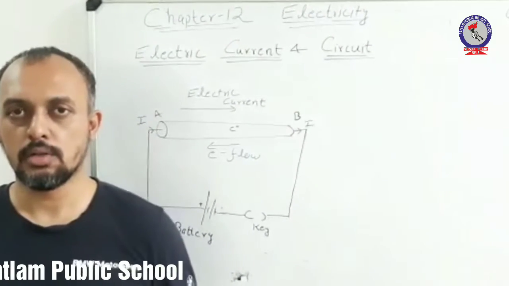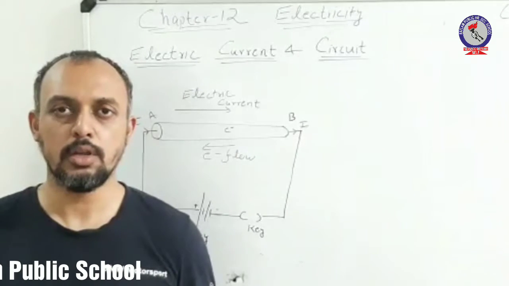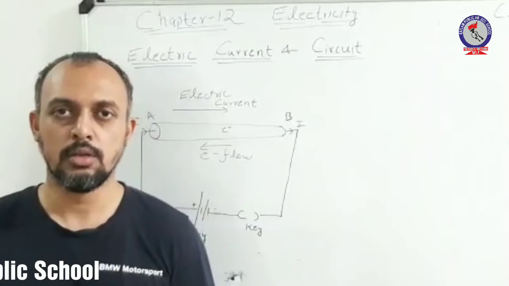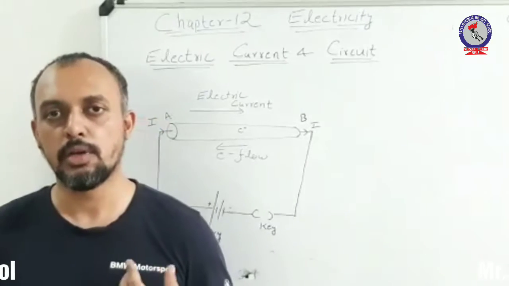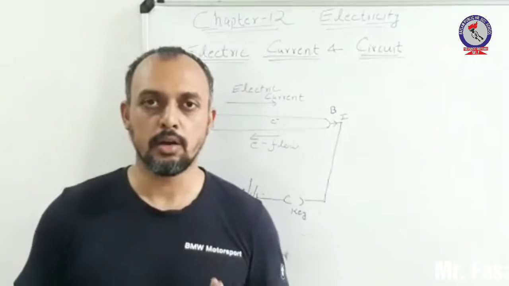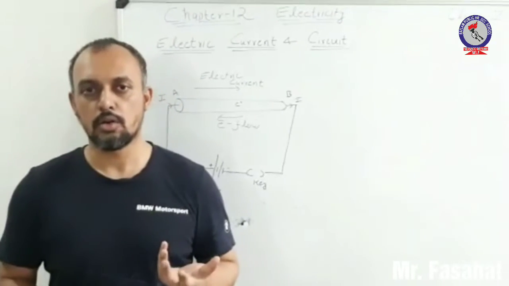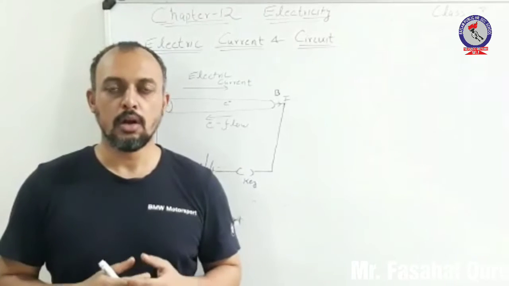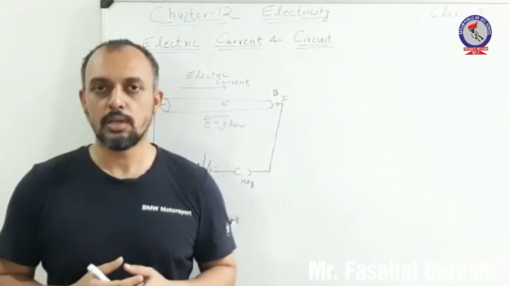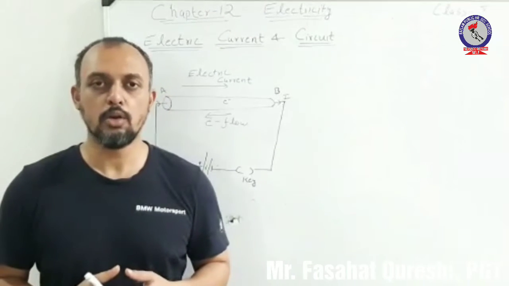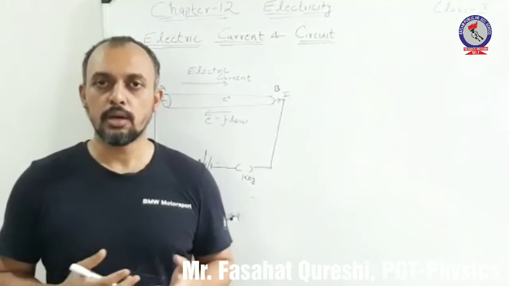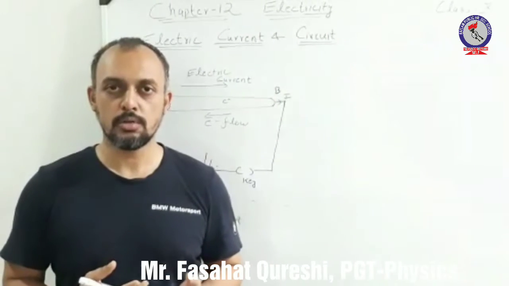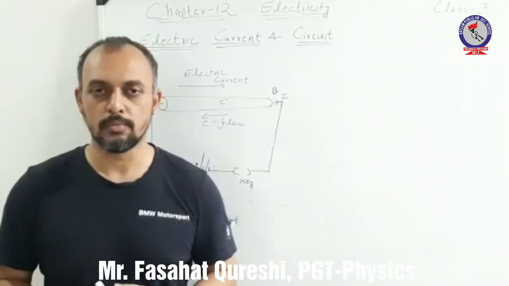You can observe a circuit is simply a combination of different circuit elements. Different circuit elements can be of different types. It can be a battery, it can be an electric bulb, it can be an electric torch, XYZ. Now, you should remember one thing, that a circuit only operates if a circuit is closed. Now, what is meant by a closed circuit and what is meant by an open circuit? We will discuss this thing later.